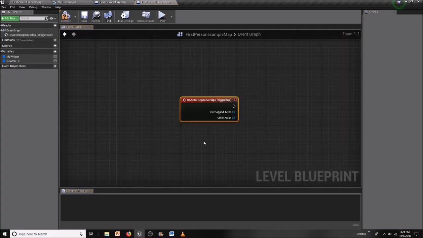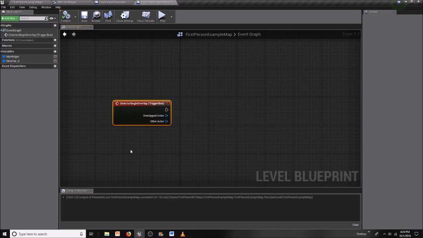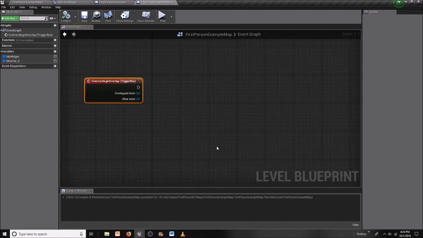So let's click that. So now it's automatically opened the level blueprint in the editor. And we have our first event, an on actor begin overlap. So first we have to create a widget. Then we have to add that widget to the viewport. Okay, and then we have to set up some of those conditions, which if you remember in the widget,